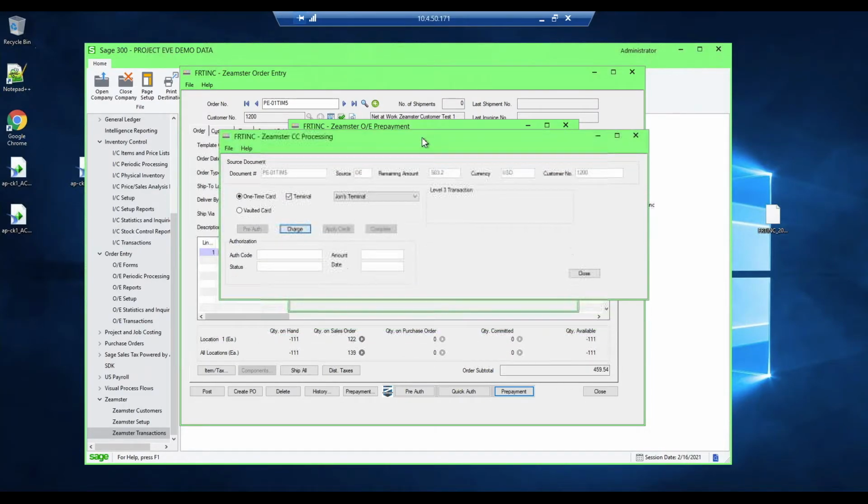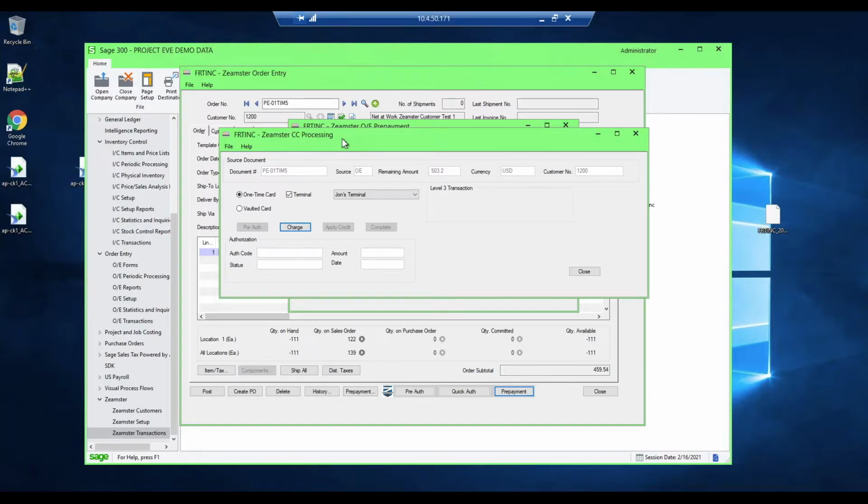And again, my credit card processing screen comes up, and as you can see, it's already pre-selected a terminal because now that terminal is associated with my account. I'm not going to use a terminal for this transaction. I'm actually going to manually enter my card number. So I'm going to uncheck that option. I'm going to go ahead and do one-time card, do charge,